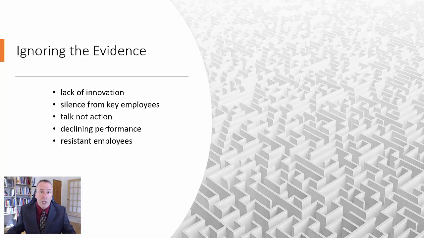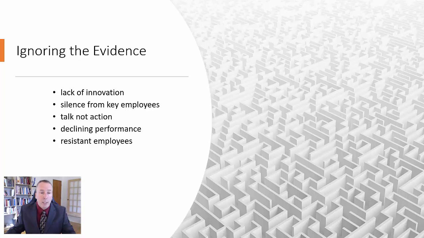for instance, lack of innovation. If an organization has been continuously doing the same thing year in and year out, every single year they're doing the same thing, the same methods, the same processes, everything is the same, that is a good sign of a lack of innovation and an indicator that there are challenges associated with change. In other words, the change is not occurring. It is not being addressed. There's something going on because a company is not innovating and changing.